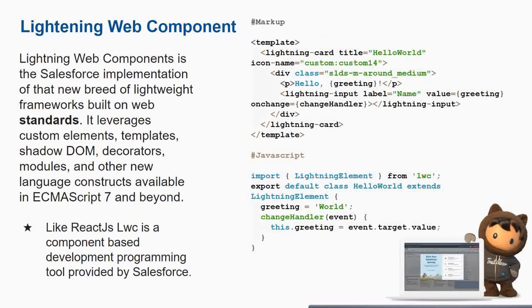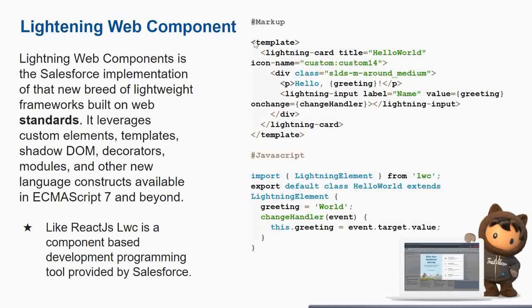You will find more familiarity between React.js and Lightning Web Components, because this is more aligned to web standards. They meet the web standards more and are less dependent on Aura. This is also much easier to learn, I have seen this, and it has more pros: more familiarity and closer alignment to web standards. So this is what Lightning Web Component is.